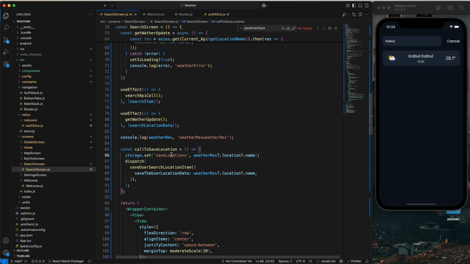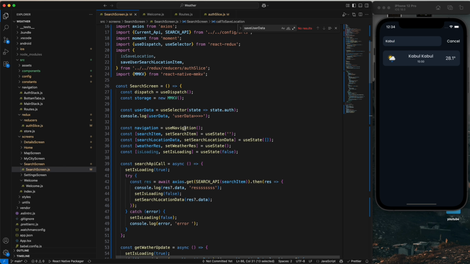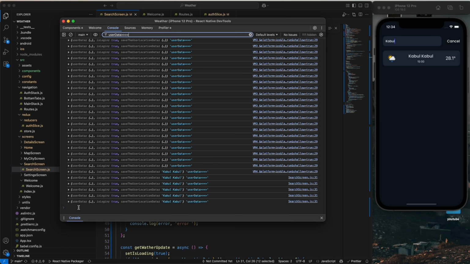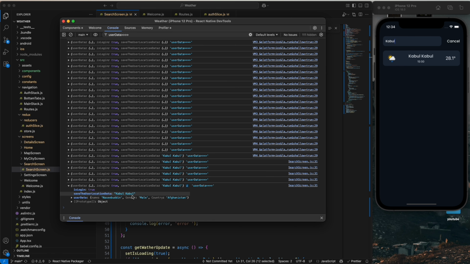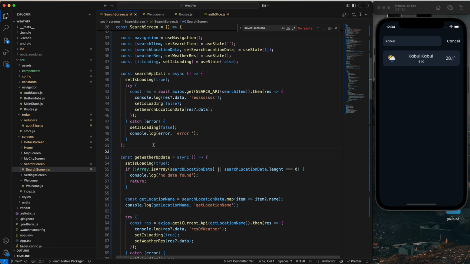So now you can see we just save it in the save location also. So now I'm going to see the user data also. Just copy this user data, open the console, and you can see we just save only the location, only the name Cobble, you can see. And let me clear this again. If I again reload the app, we did not get any saved data. Let's see,